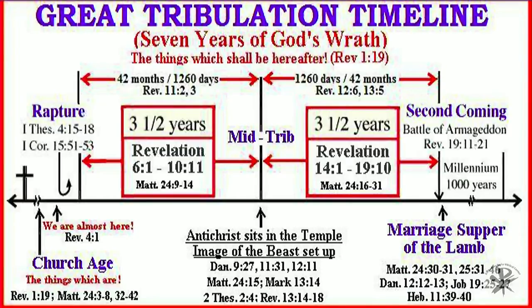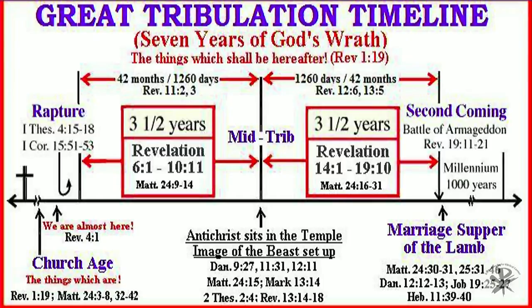Now, we do know from our study of Revelation that the first 3.5 years, that period that you see noted as Revelation 6:1 through 10:11, will be principally a period of peace. The scroll judgments will occur at the very beginning of that time, right after, I think, the rapture occurs, which will be a summary of what is going to happen in a much more calculated manner during the last half